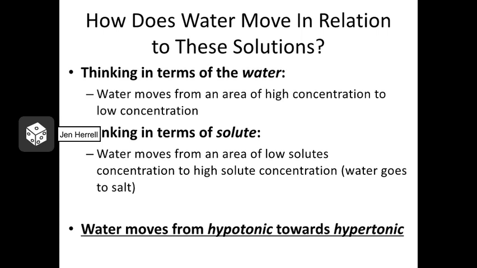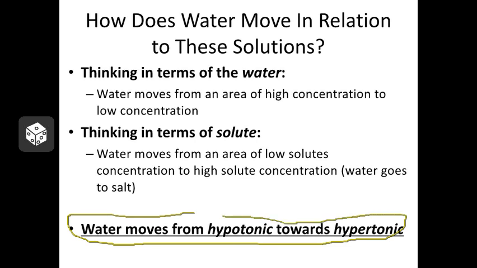When we have solutions with differing concentrations of solutes and solvents, and we expose them to one another, those solutes and solvents are going to want to move, and generally they want to move from areas of high concentration to low concentration. Now, when we're talking about osmosis specifically, we're talking about the movement of water. So here's the kind of rule that describes how water will move between these solutions. In general, water wants to move from hypotonic solutions towards hypertonic solutions. So I kind of remember this. They move from O towards